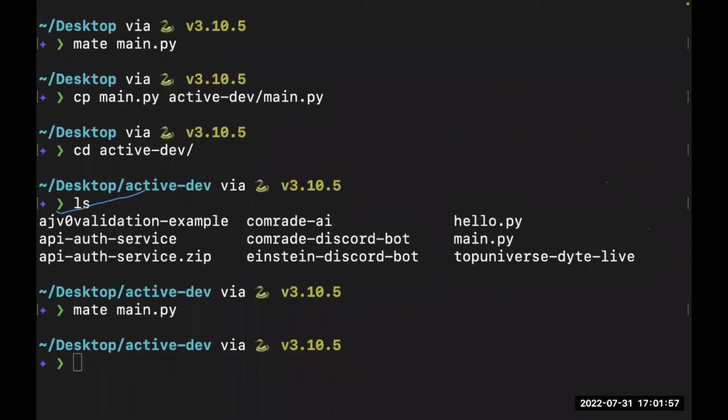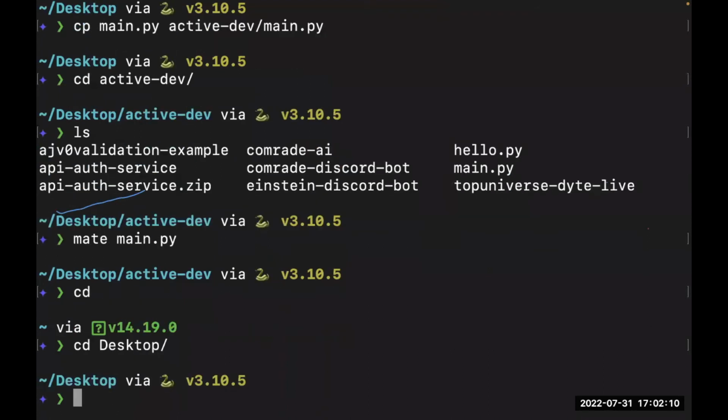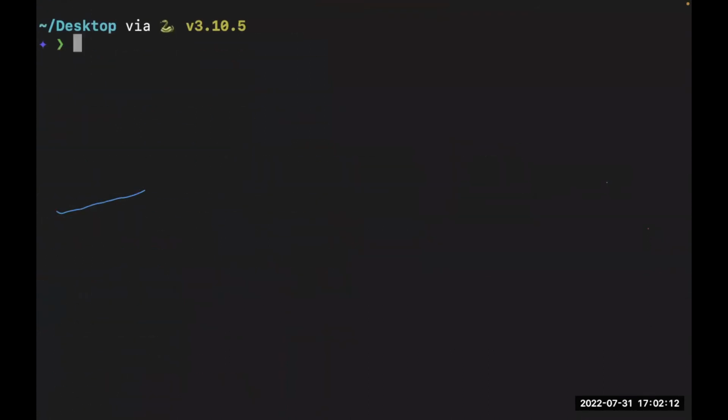That is for copying items. We also have mv, which is used to move items. So I'm going to go back to the desktop. Let us clear what we have here, and I believe you can still see my screen very well. I'm going to use mv, and this time I am going to move the main.py into a different folder.